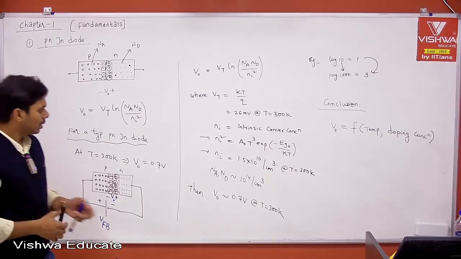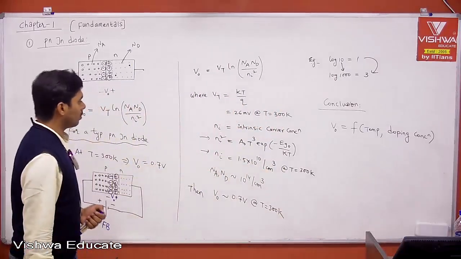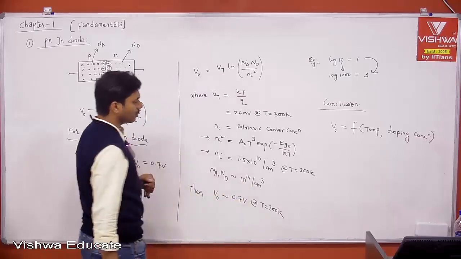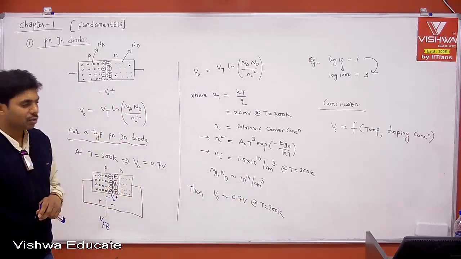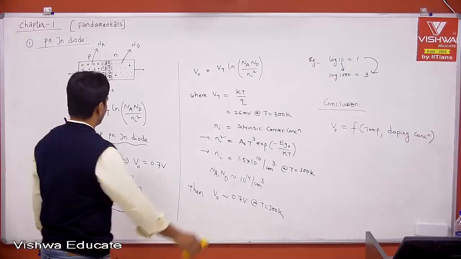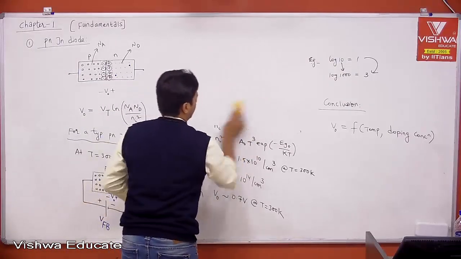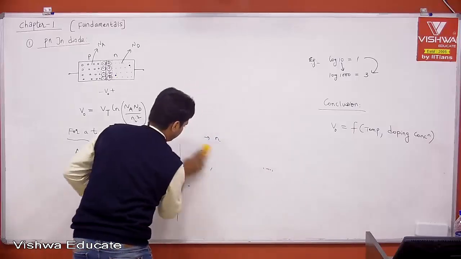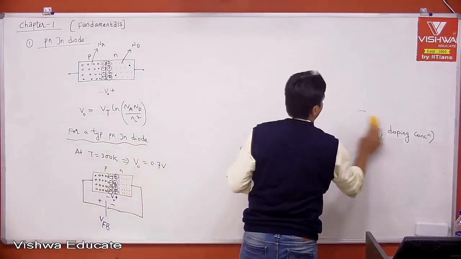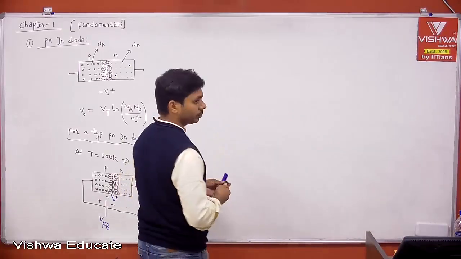Okay, now let me explain a little bit about what 1.5 into 10 to the power of 10 per centimeter cube is, and what this 10 to the power of 14 per centimeter cube is, which is a typical doping at room temperature. Let me erase. Now if you take pure silicon,